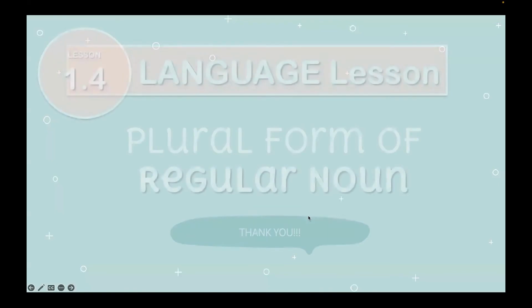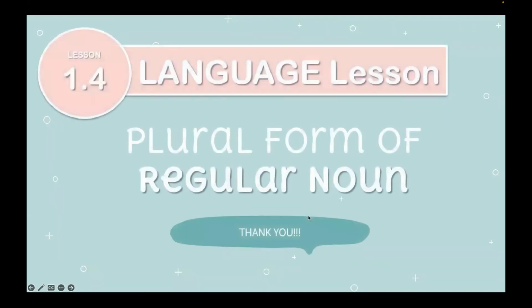So with that, we are done with our lesson number 1.4 with our plural form of regular nouns rules number 1 to 5. I hope that you have learned a new lesson and that you may be able to use it when you are working on your